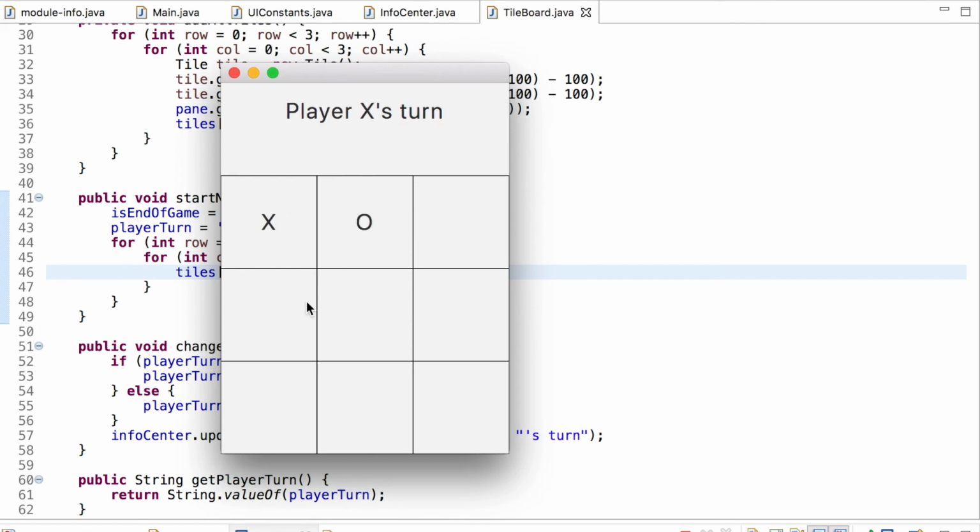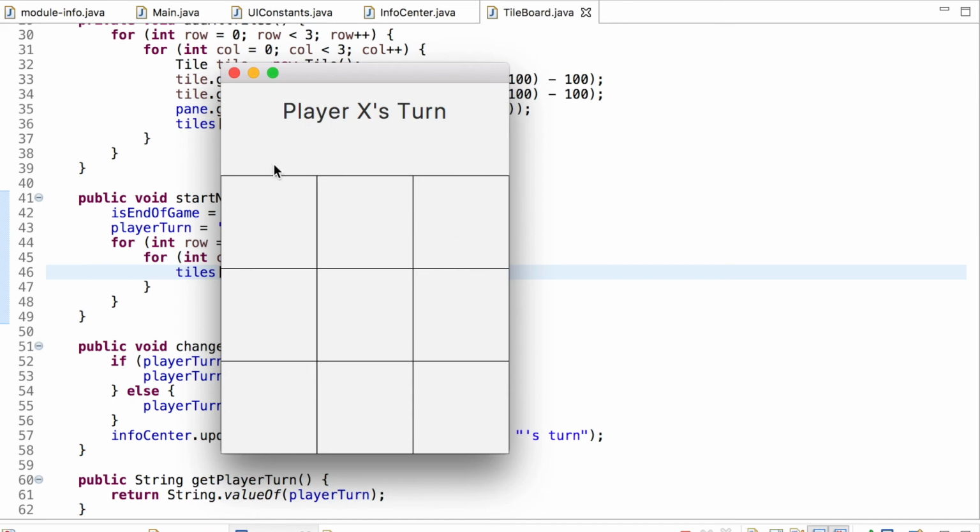And actually, let me also just check stalemate here. Let's see if stalemate. Oops, that's not what I want to do. I want to get it so a stalemate occurs. Okay. And we'll say X goes there, and O can go there, and X goes there. Perfect. And there we go. Stalemate. No one has won. All right, perfect. So let's go ahead and get, when someone does win now, that